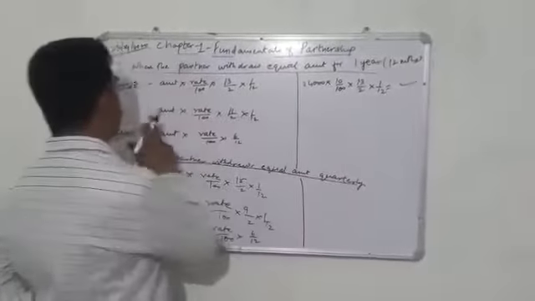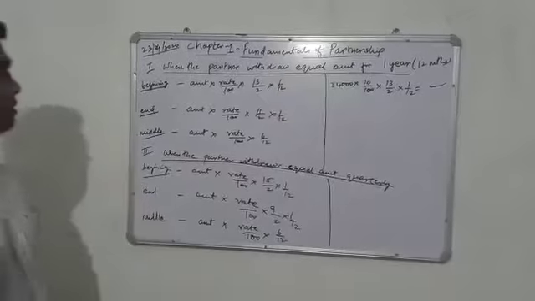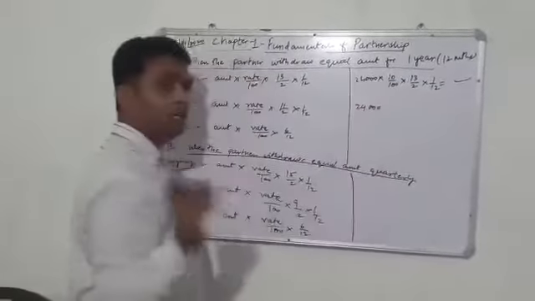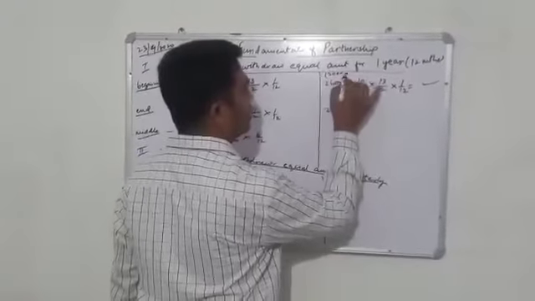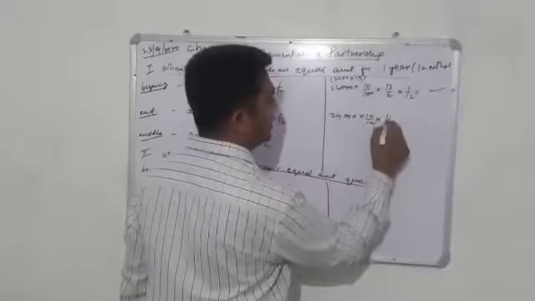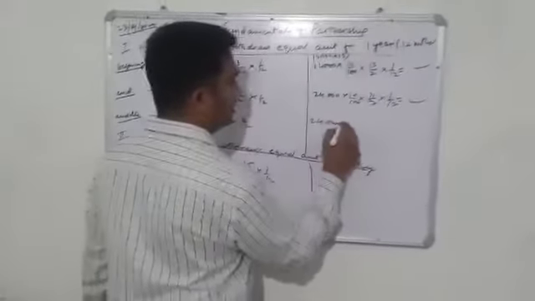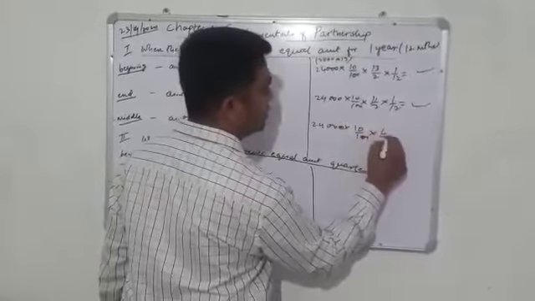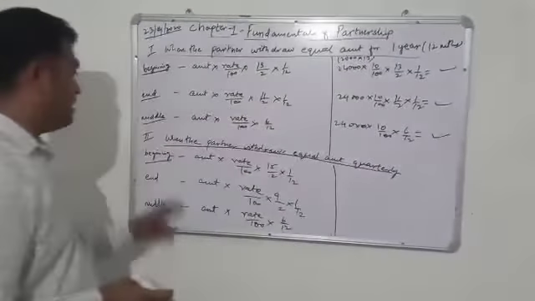Then suppose again that the same partner is withdrawing 2,000 every month for 12 months or 1 year. Then suppose 24,000 is the drawing. This amount comes from 2,000 every month into 12, that comes to 24,000. Over here, for the end, it will be 11 by 2 into 1 by 12. Then you will get your answer. And for the middle, again 24,000, 2,000 withdrawn every month, into 6 by 12. So again you will get your answer. Same way over here.